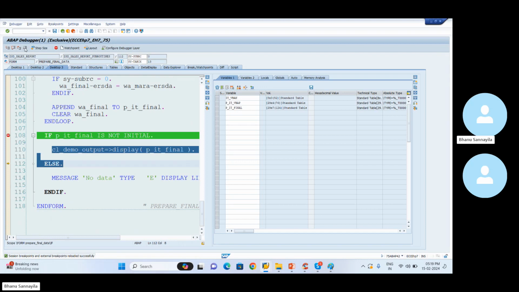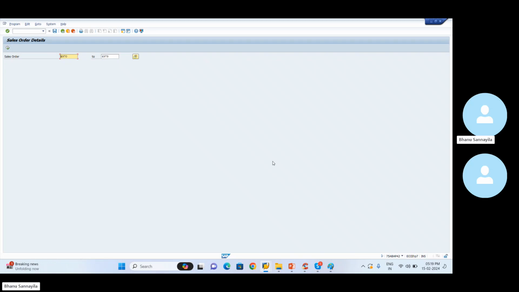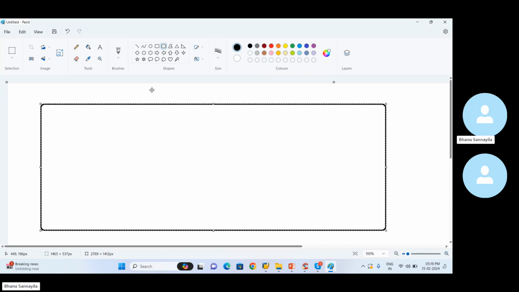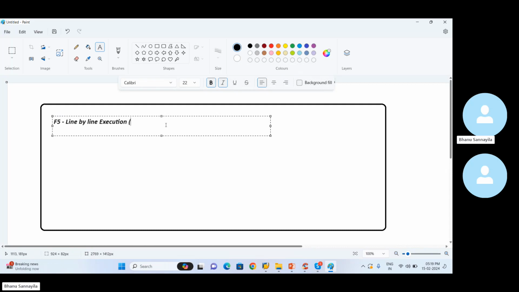F7. Finally F8. In other words, F5. I repeat the context again. F5. Let me take a few moments and write all these steps so that it will be very easy for you. F5 is line by line execution, meaning step by step execution. Next one is F6, similar to F5, but